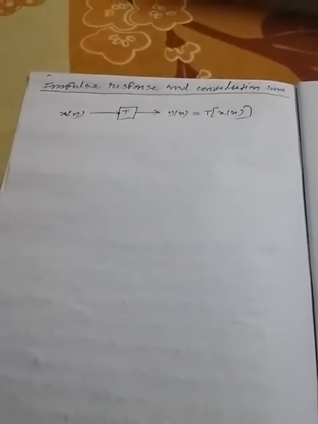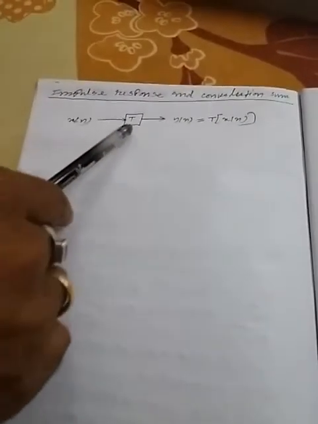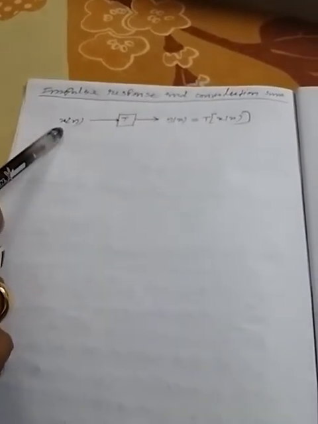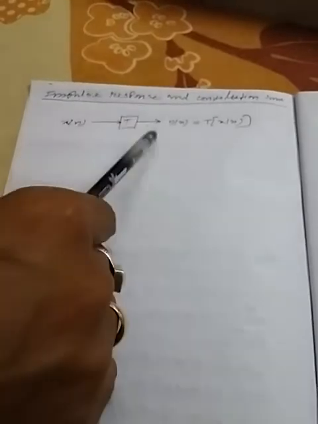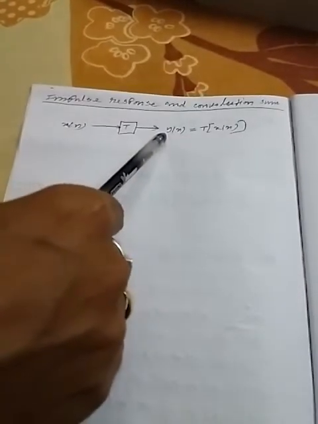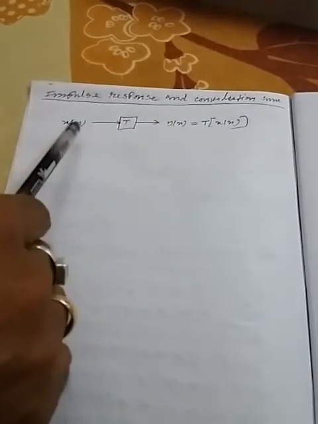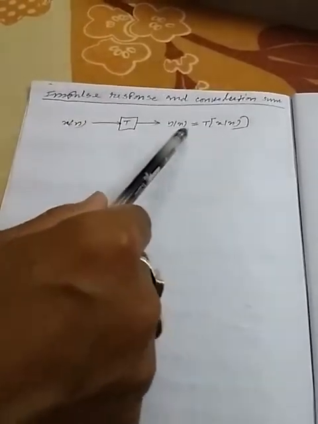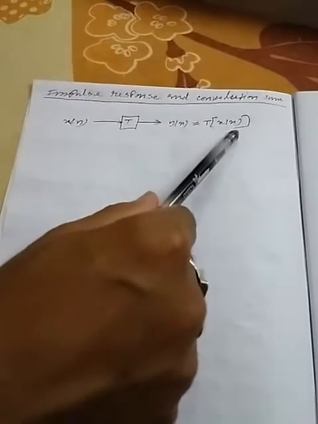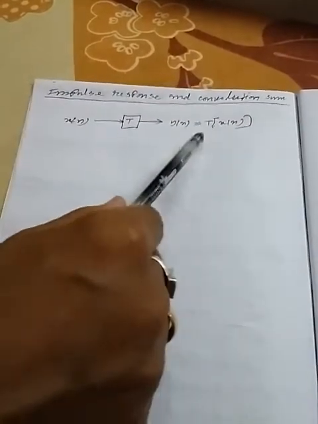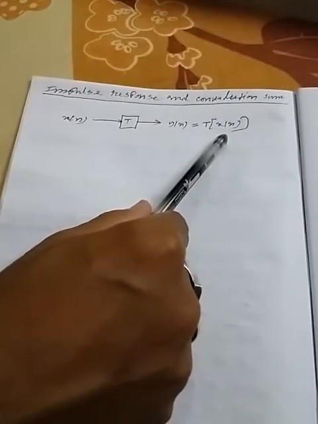Here we can see that a discrete time system is represented by this transformation function, where the input of the system is represented by x[n] and output of the system is represented by y[n]. So the relationship between x[n] and y[n] is y[n] equals transformation of x[n]. So output is basically transformation of the input. It may be different types of transformation, say Laplace transform. In case of discrete time system, that may be Fourier transform or Z transform, right?